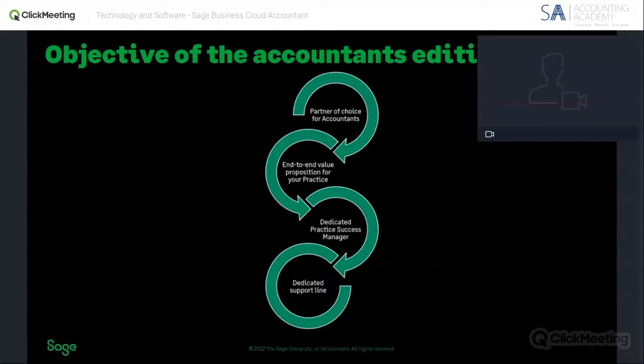The accountants program, like I said, is a partnership, but you will also receive certain benefits that we have created for accountants, which is training. You also become a certified and registered Sage accounting advisor, meaning that you will be able to refer the product to your customers or to other people and actually get something back for those referrals through our rebates program. You also get things like preferential pricing, which is pricing designed just for accountants, but I will go deeper into that throughout the session.